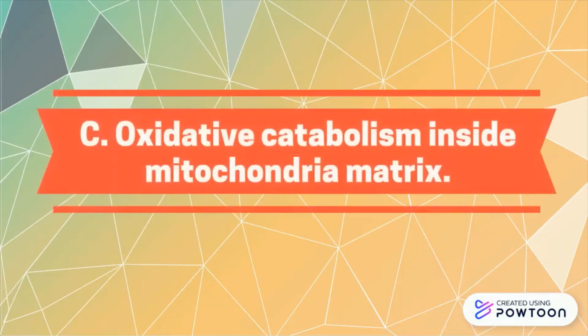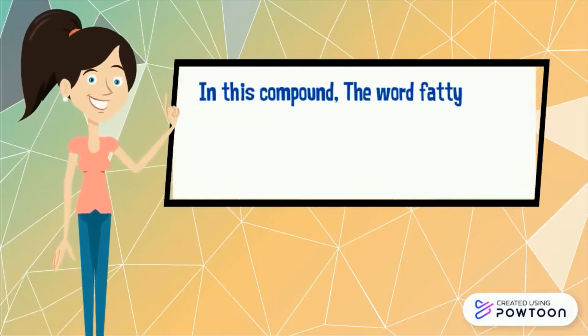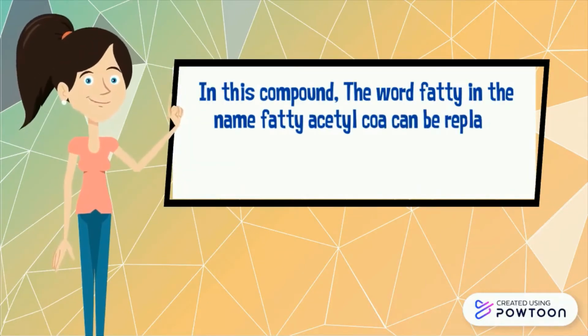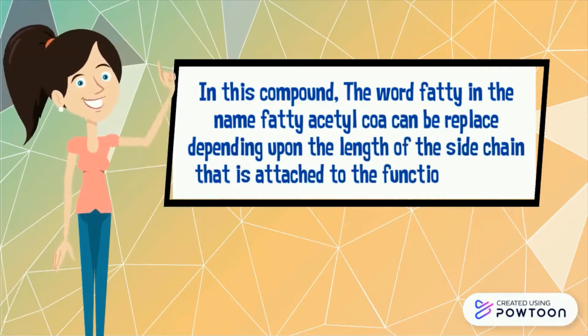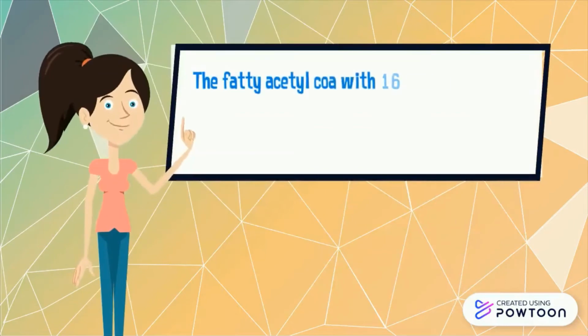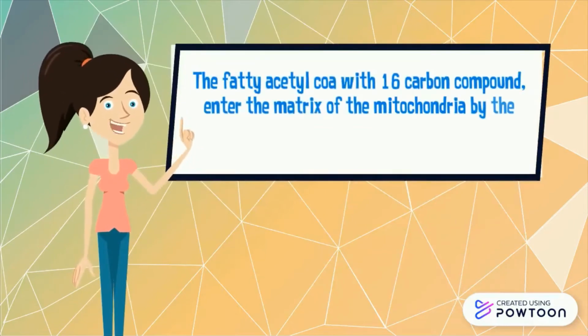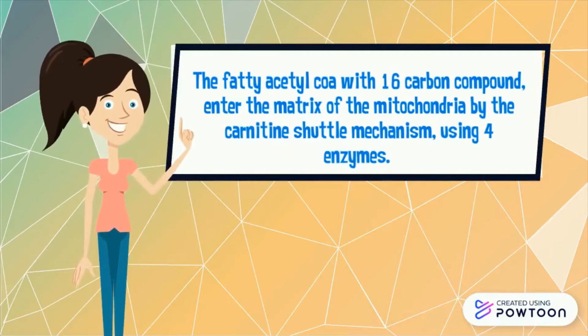Now we move to Part C, the oxidative catabolism inside the mitochondrial matrix. In this compound, the word fatty in the name fatty acyl-CoA can be replaced depending upon the length of the side chain that is attached to the functional group. For example, palmitoyl-CoA, acetyl-CoA and myristoyl-CoA. As the fatty acyl-CoA with a 16-carbon compound enters the matrix of the mitochondria by the carnitine shuttle mechanism, using 4 enzymes,